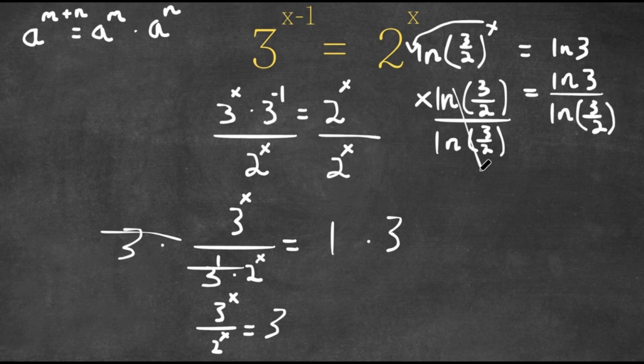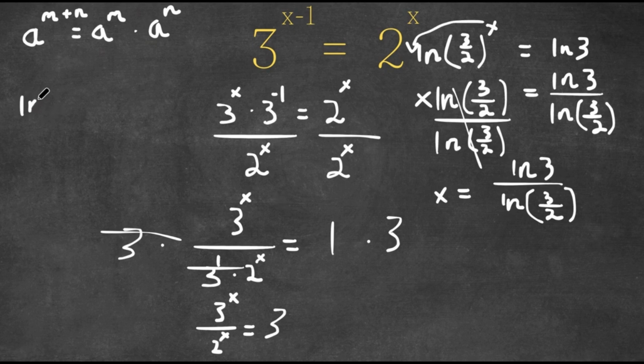So now these two cancel out, and we are left with x is equal to ln 3 over ln 3 over 2. Now, although this is a fine answer, this can actually be simplified